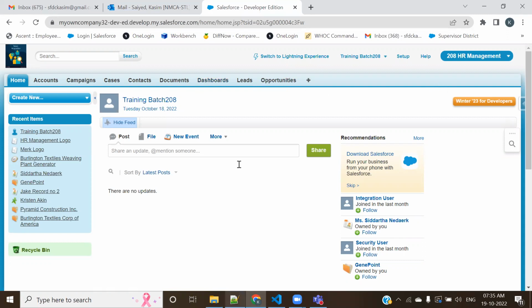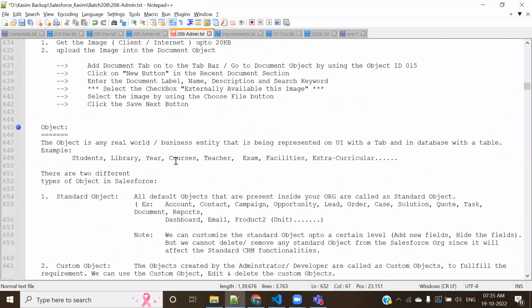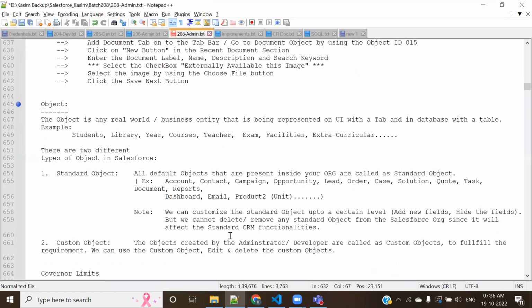Now, second, let me start a new concept called objects. All right. I gave you an introduction in one of my previous sessions where I told you what exactly an object is in Salesforce. If you remember, I explained that the object itself is a business entity, whenever we are proposing a CRM,